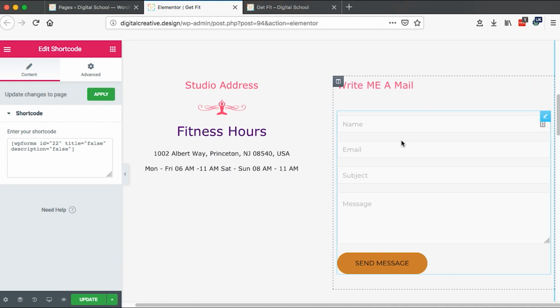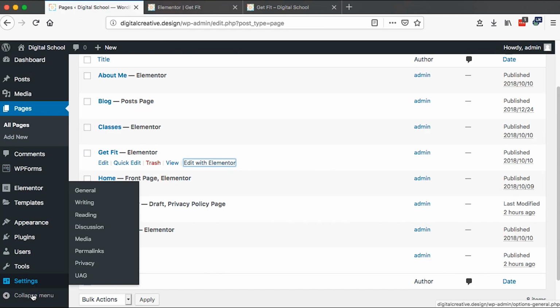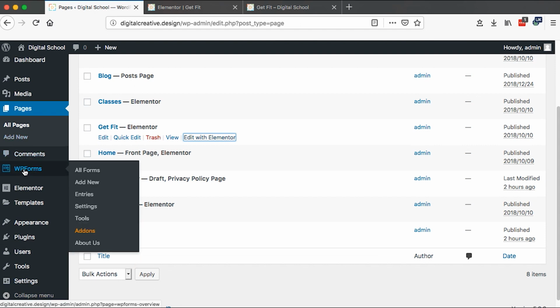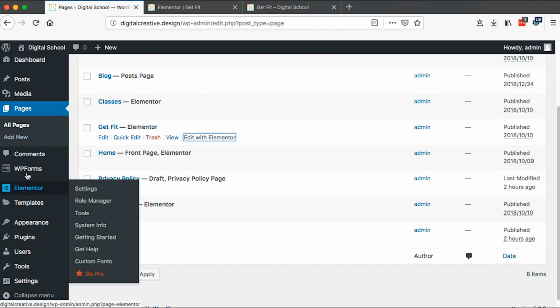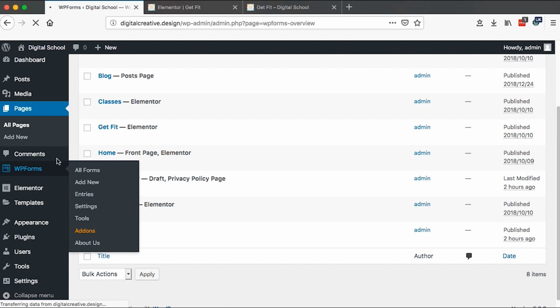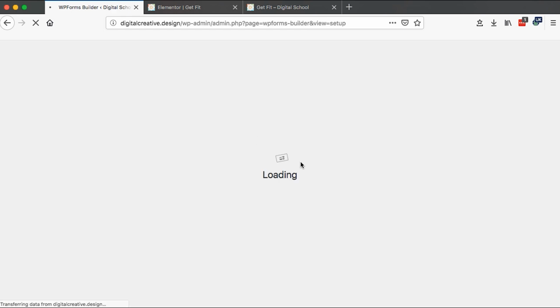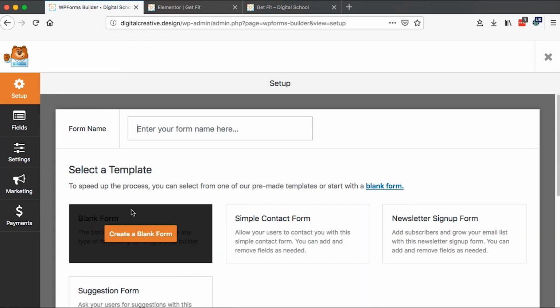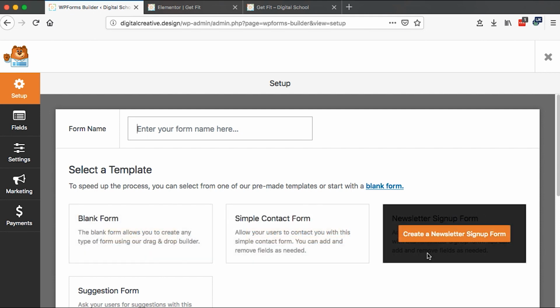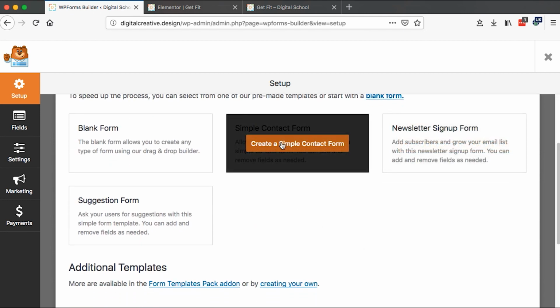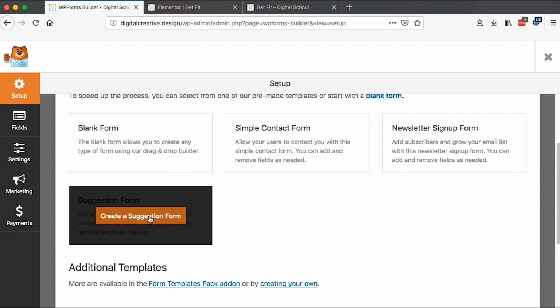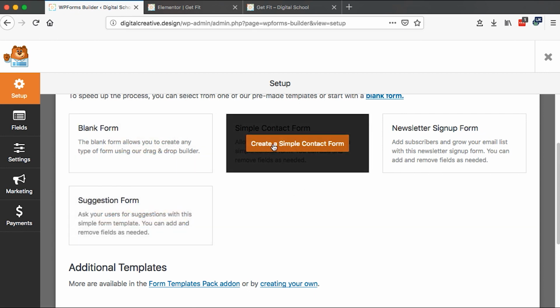This form is made possible by a plugin called WP Forms, which is this form. So you just come over here to WP Forms in the dashboard, and you are able to create a form. So when you add a new form, it can be a blank form, a simple contact form, or a newsletter form. This is actually a newsletter form, but there can also be suggestion forms. So when you say create form,